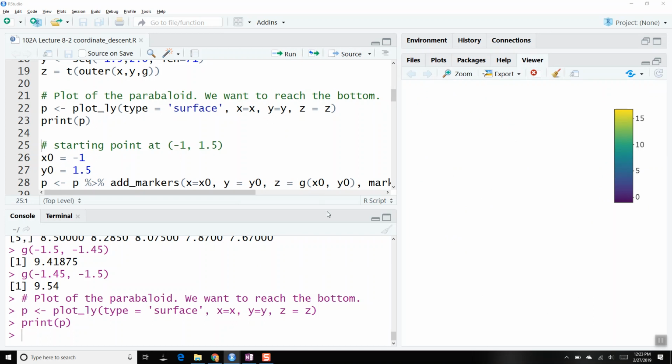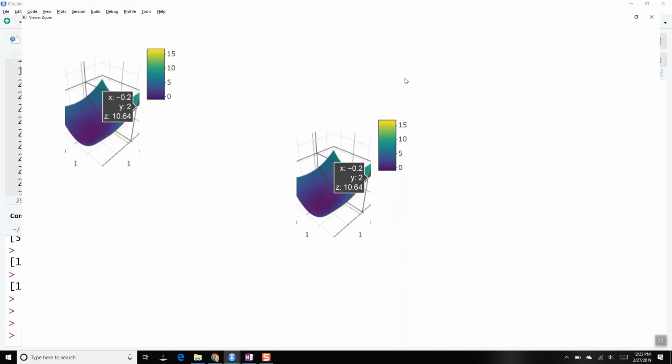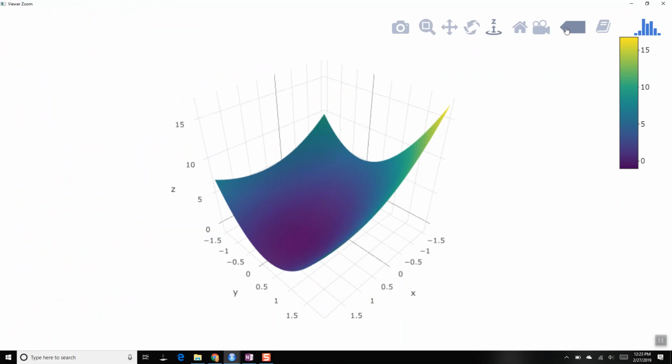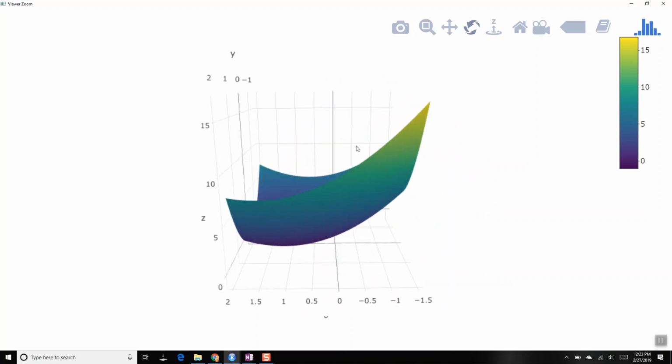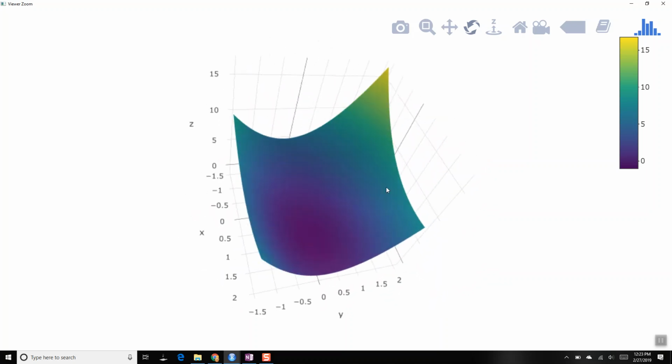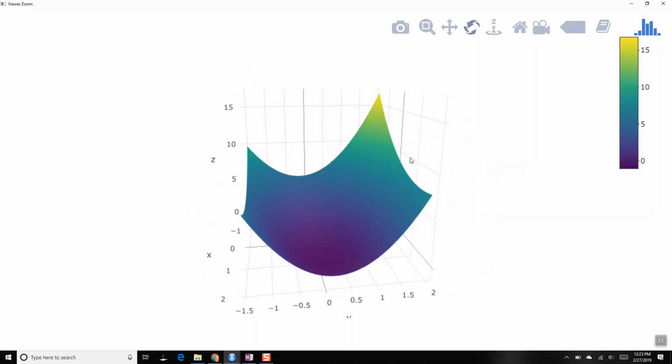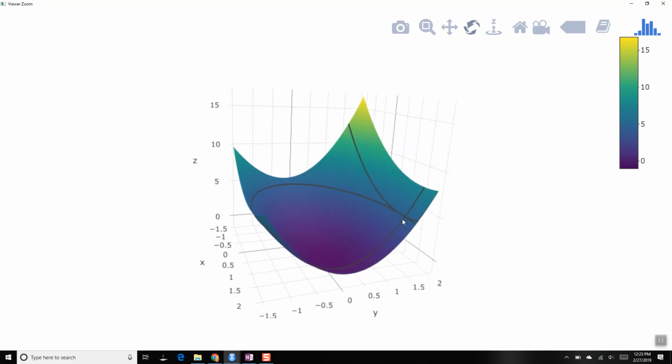It's very computationally taxing on your computer, so don't do this for your homework. But it's pretty neat. You can actually rotate this thing, and you can see that it's kind of a bowl shape, right? And then when you hover over it,